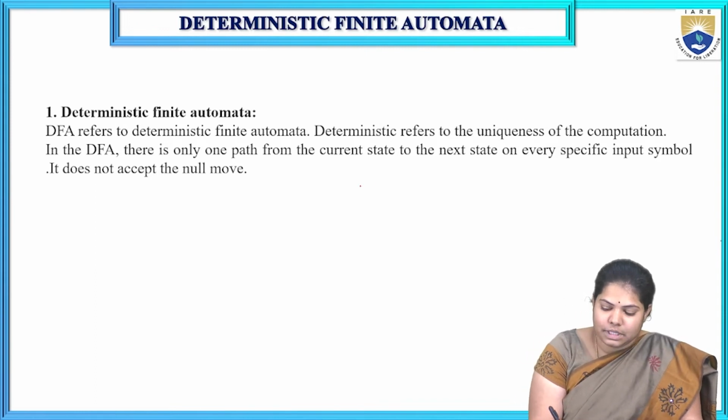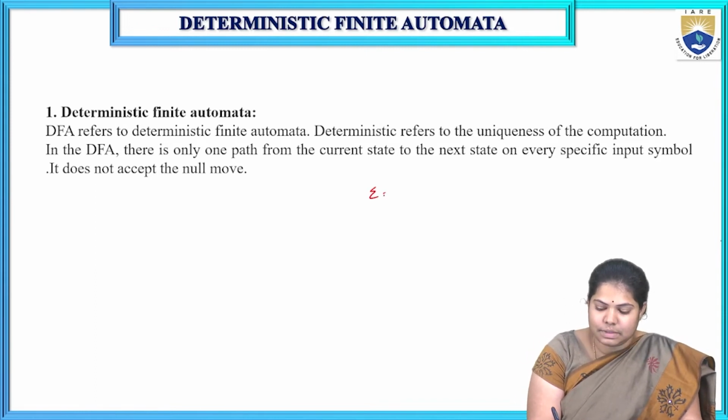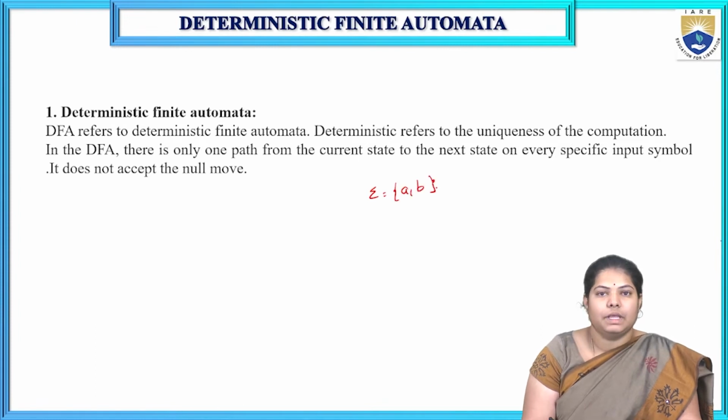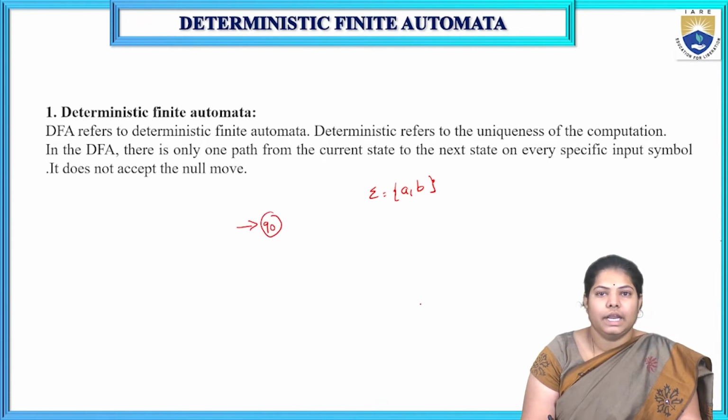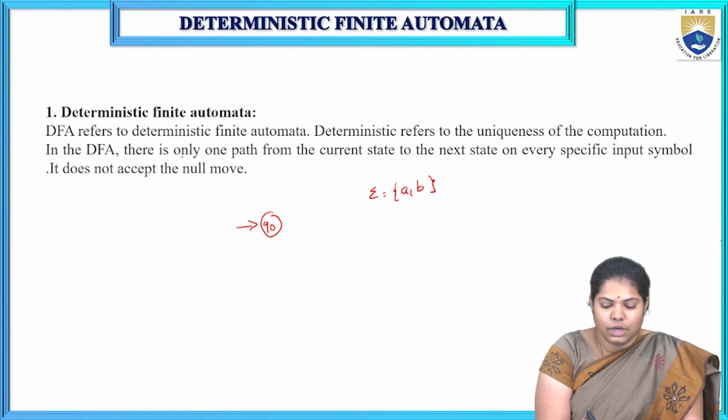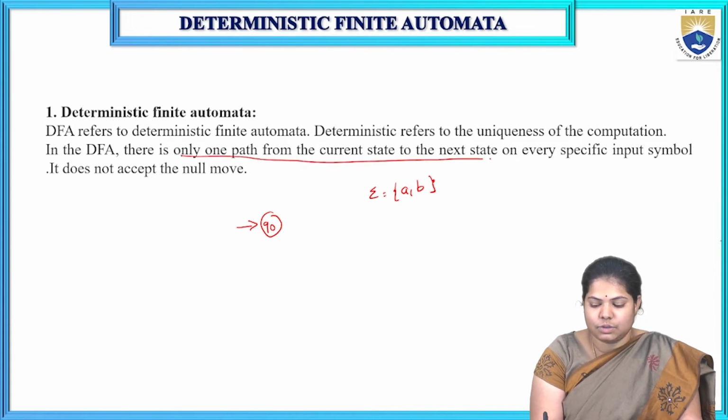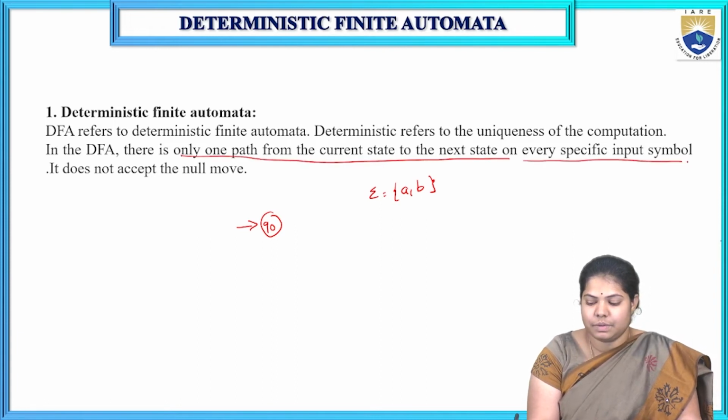For example, if you have input symbols A, B, and a state called Q0, I have given only one path from the current state to the next state on every specific